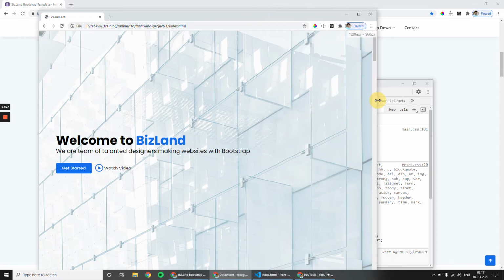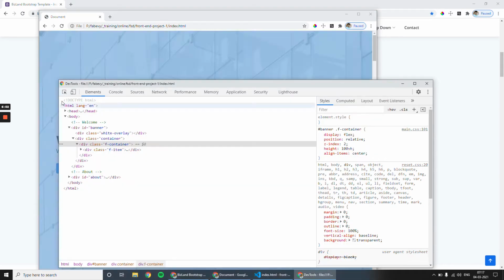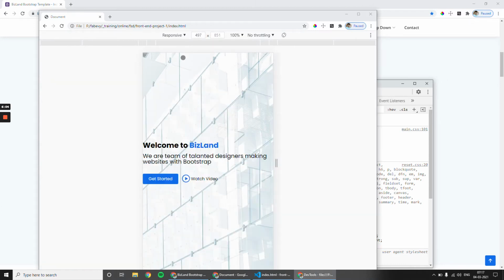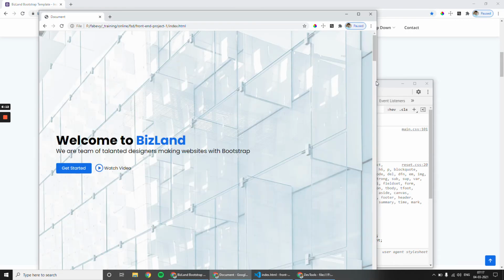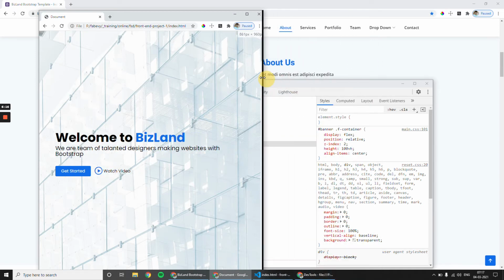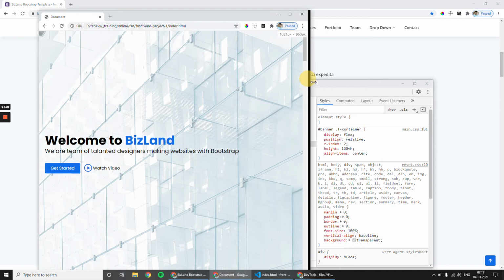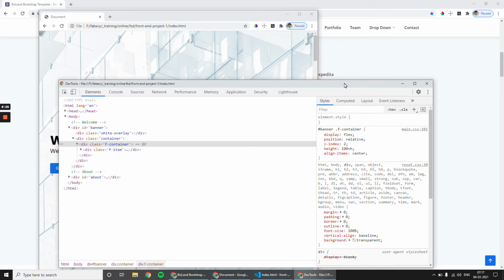But even if you join some companies, they may recommend or suggest that you use the emulator. My personal experience is that resizing the window will give you accurate output. Fine. With that, we will move on to the next one. That is a very important part. It will be needed when you start working on an existing project.